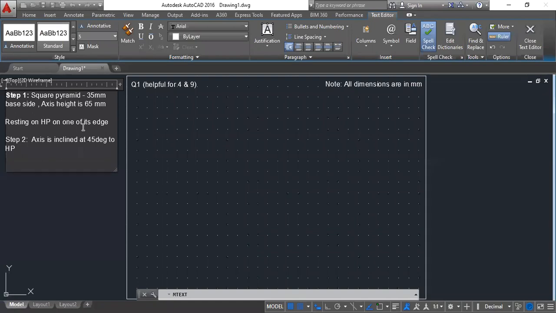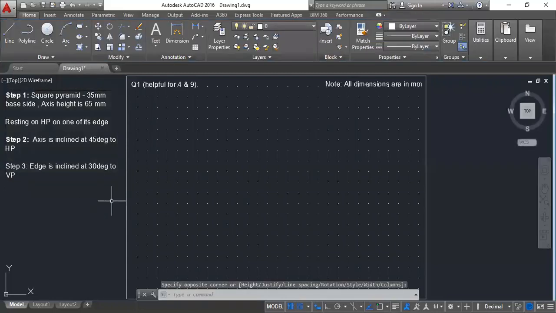If you remember projection of planes properly, whenever step 1 has it resting on HP, step 2 will also be with respect to HP, and step 3 will obviously be with respect to the vertical plane. So the edge where it is resting is inclined at 30 degrees to the vertical plane. If you can just do this from the question, I think you are almost 50% done with the question.